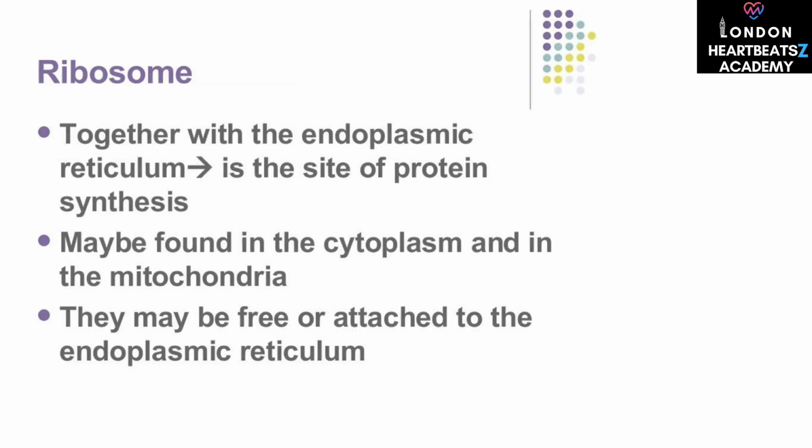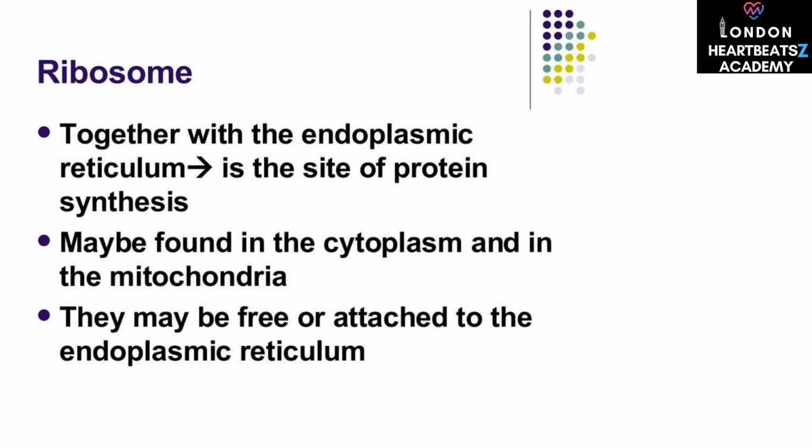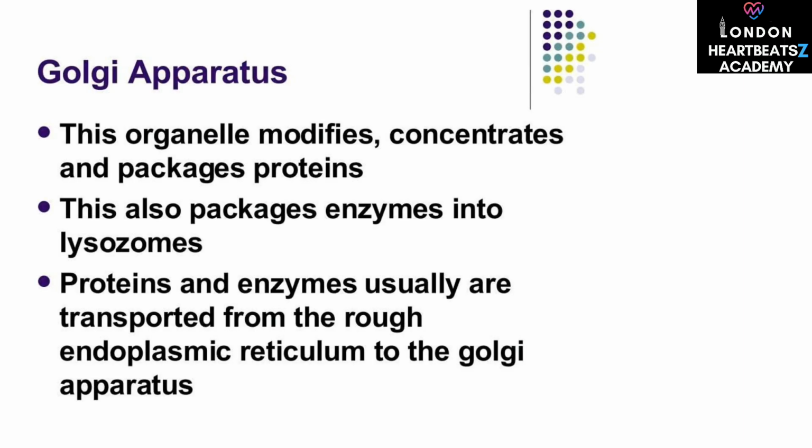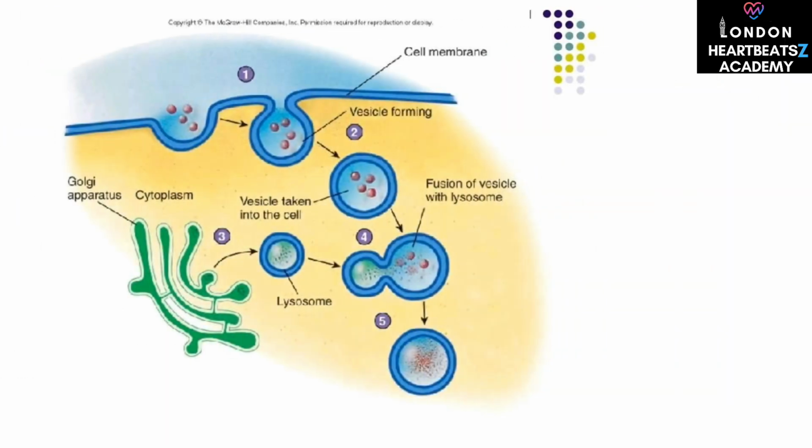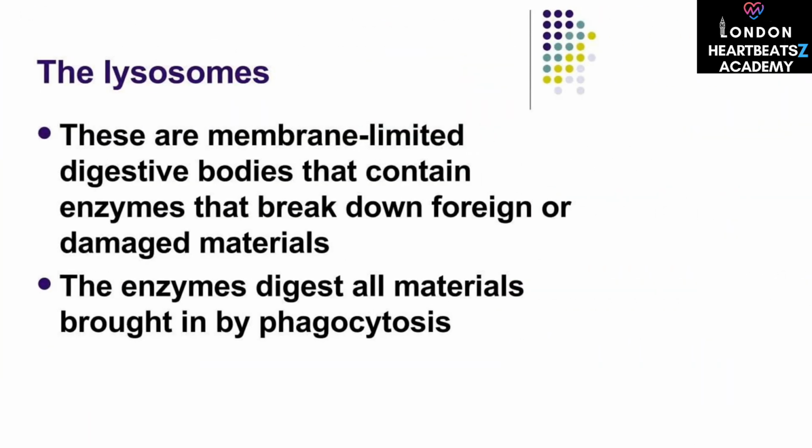cristae, and enzymes. The endoplasmic reticulum is an extensive network of membrane-enclosed tubules. There are two types, rough and smooth endoplasmic reticulum. The rough ER is covered with ribosomes and is the site of protein synthesis. The smooth ER lacks ribosomes and is the primary site of lipid synthesis. This image displays the structure of the endoplasmic reticulum, demonstrating both the rough and smooth components and their proximity to